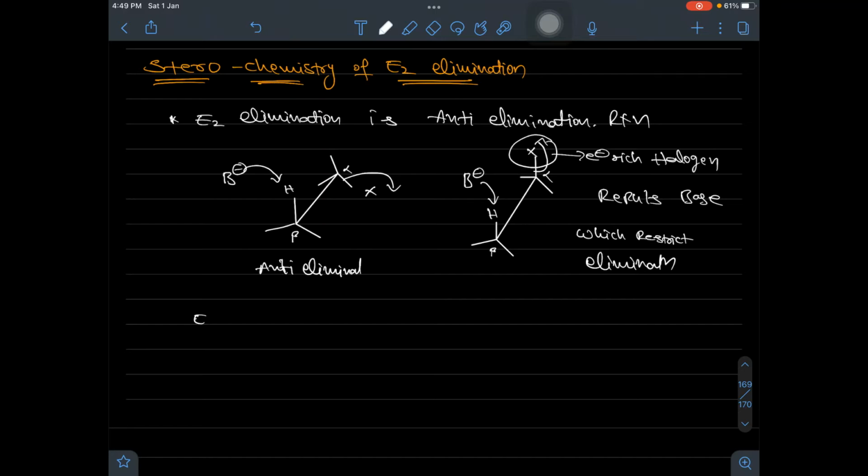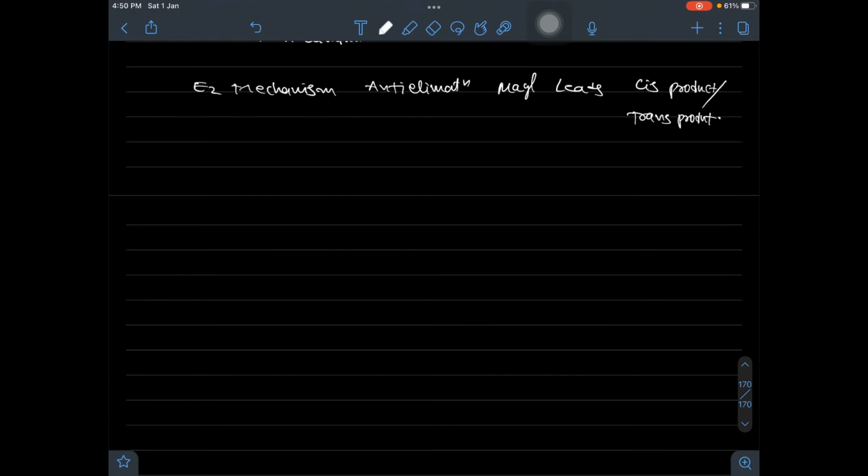So the E2 mechanism, anti-elimination, may lead to a cis product or a trans product, both possible, but it depends on the structure of the species. One example is